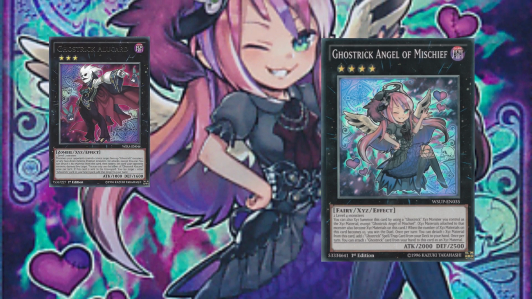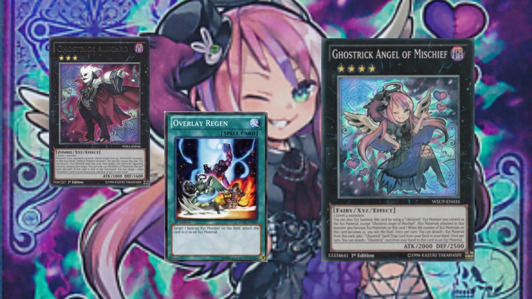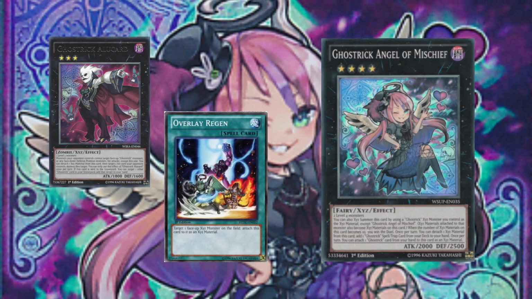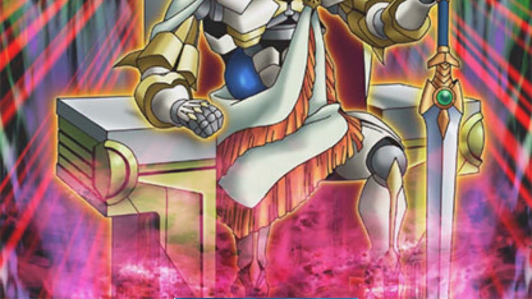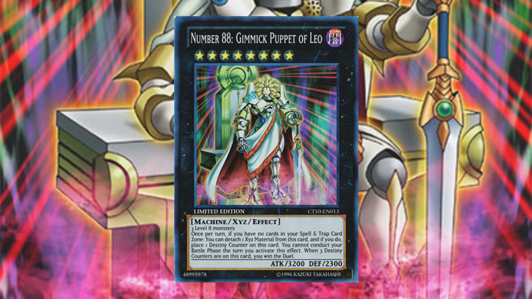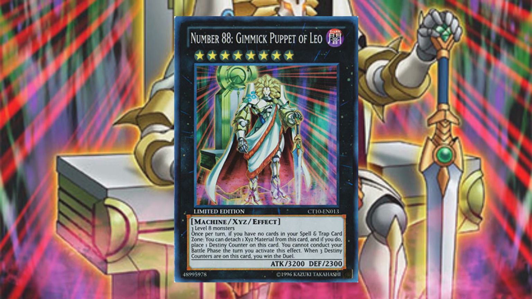It goes up to 4 with its own effect, and then 3 XYZ regen puts the card at a 4-turn clock. But there might be other ways to accelerate this timer. Number 88 Gimmick Puppet Leo can detach 1 XYZ material each turn to accumulate a Destiny counter, but requires the